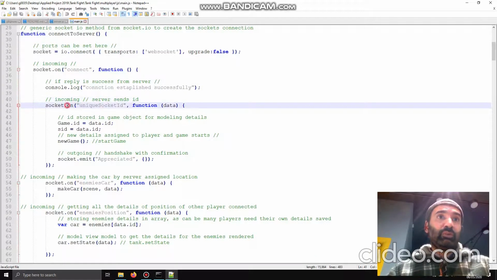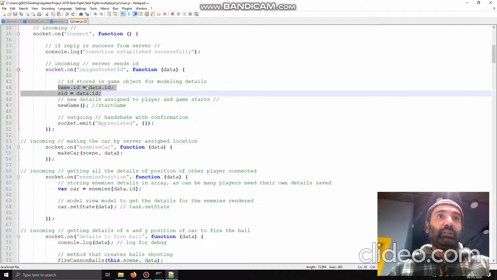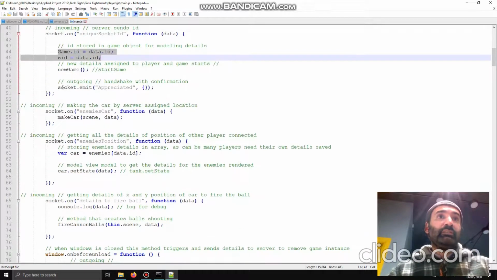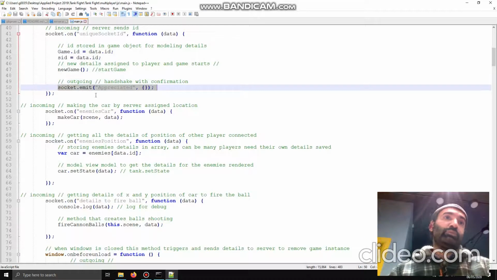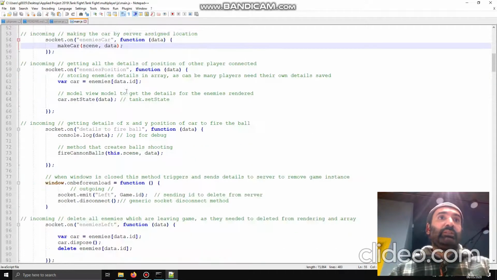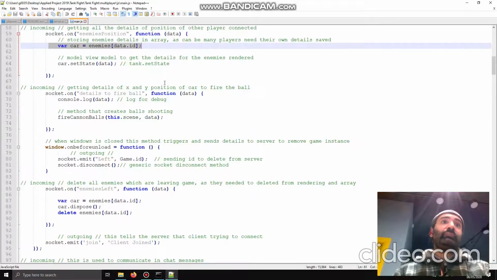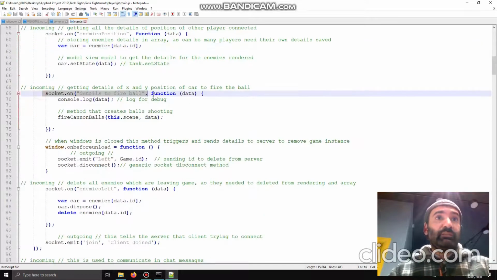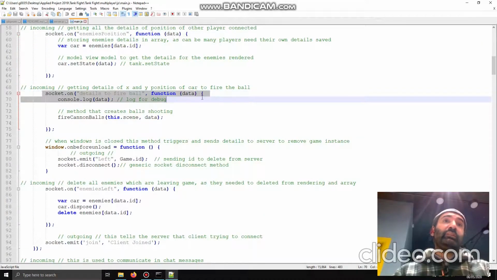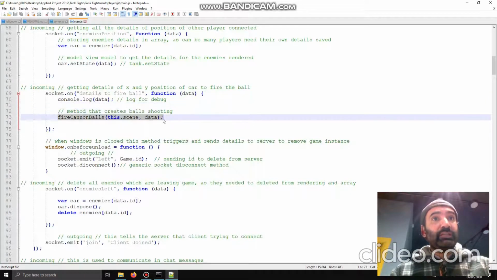from the server. It's coming from the server to here, and this is assigning the ID to our game object, and this is emitting. When the enemy cars are created, the details are all saved in the enemies data array, and when the ball is firing, it's sending back the details, then this is getting the details back, and the details go in here, so it's